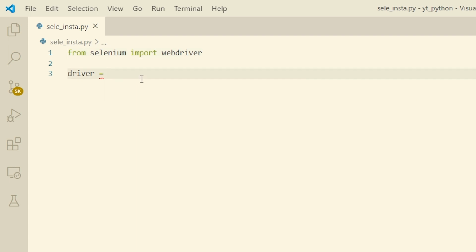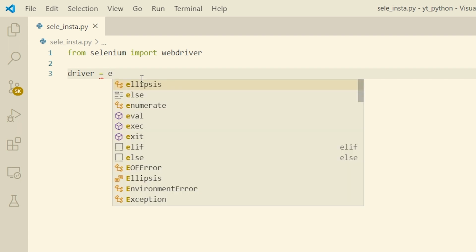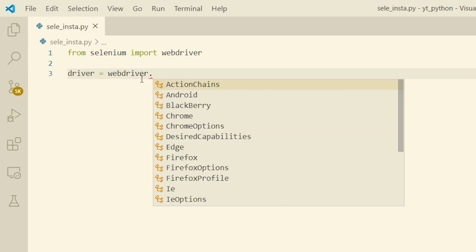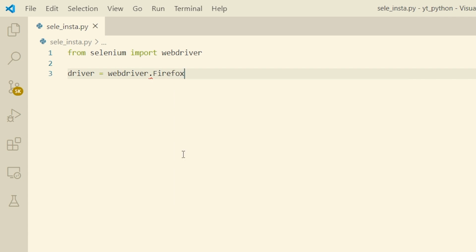We need only two things, webdriver and keys from Selenium. That's it. Okay, now driver is equal to webdriver dot. Here as you can see, it's showing Chrome, Edge, Firefox. Here I'm using Firefox. I have installed the Firefox driver, that is Gecko driver. If you are using Chrome or Microsoft Edge, you go according to that.